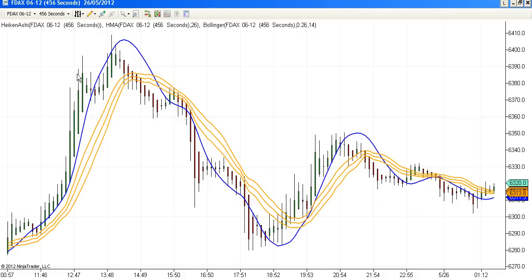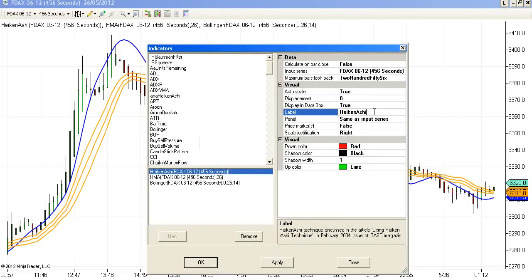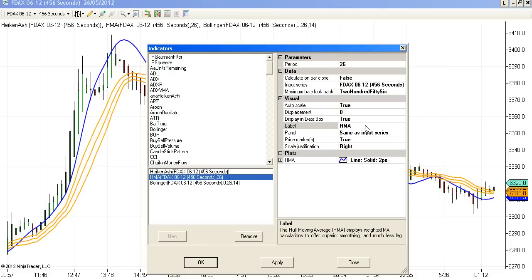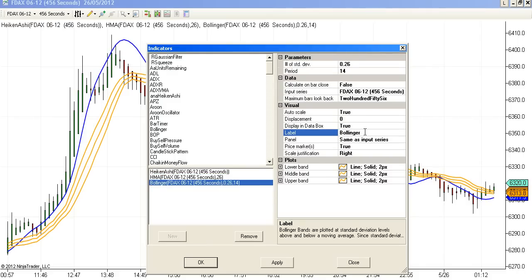Now in the event you feel that the labels which are displayed on the top are distracting or looking somewhat messy in the chart, all you have to do is go back to indicators, remove this. I prefer clean chart without any such labels because they are not going to help me in any way.